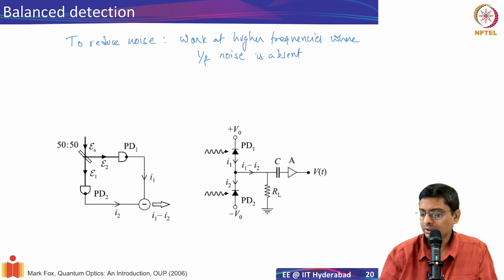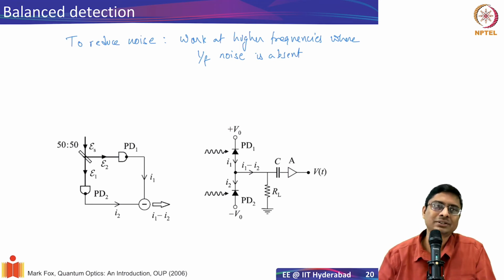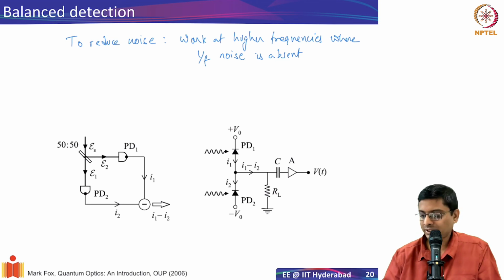This is one approach. But sometimes your detectors are slow, and then you can't work at very high frequencies because the detector response time also is important, right? If you cannot do that, the second approach is to use